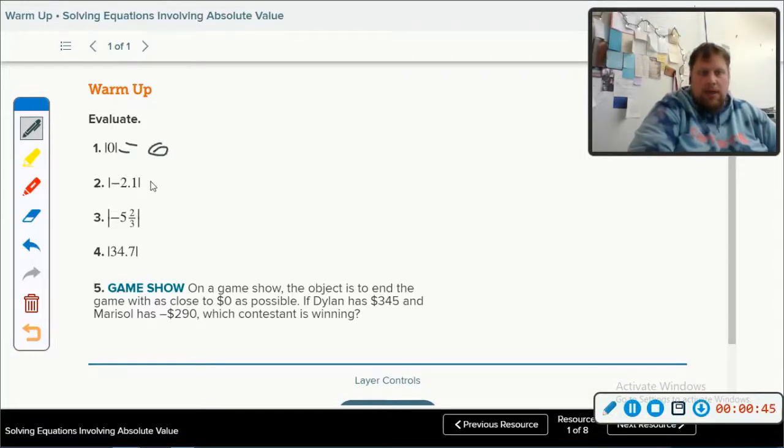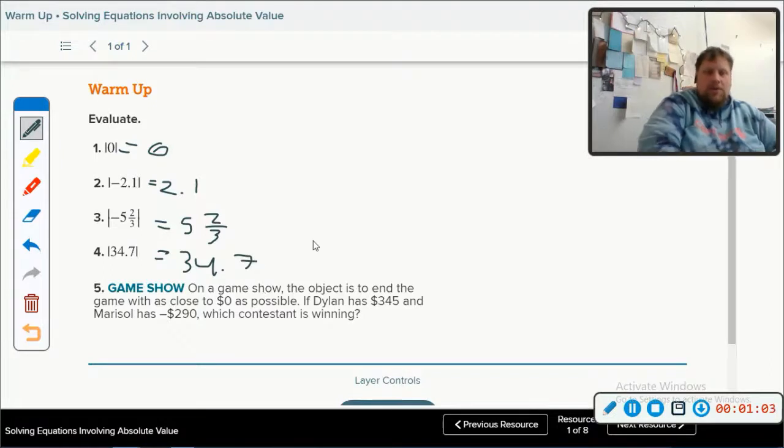Negative 2.1 becomes positive 2.1. Negative 5 2/3 becomes positive 5 2/3. Positive 34.7 stays positive 34.7. That's all it is. On a game show, the object is to end the game with as close to $0